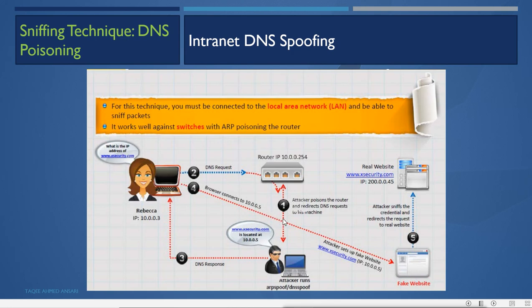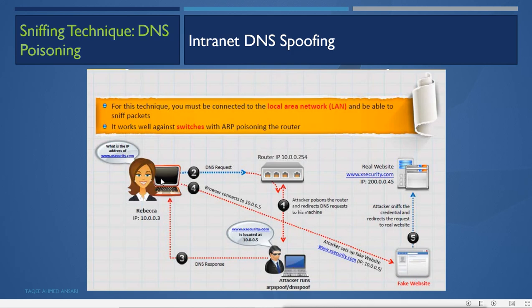So what happens here is, when we are in the middle, by using the ARP spoof or DNS spoof command, the attacker poisons the router, and then it redirects the DNS requests to his own machine.